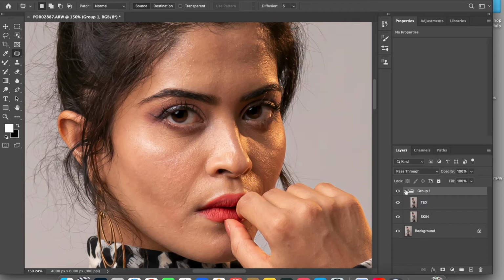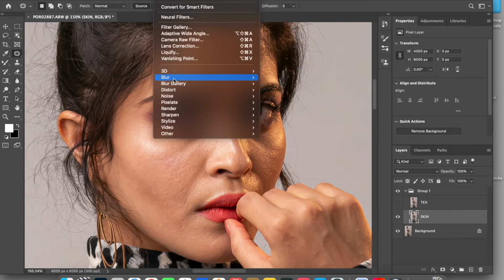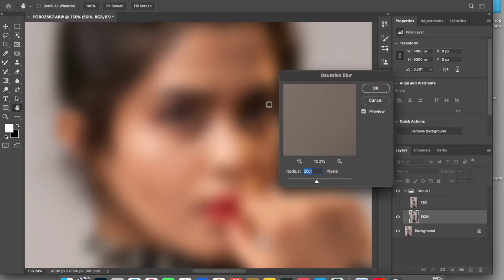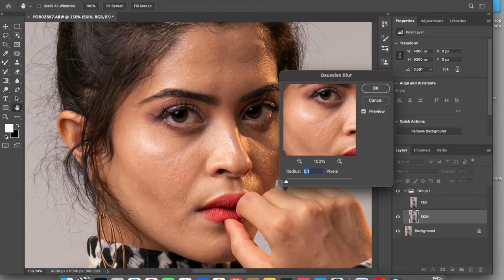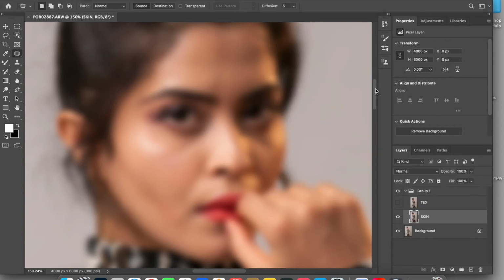Now once you are in skin, make sure that you disable the texture layer and go back to your filter and go to blur and Gaussian blur. Once in Gaussian blur, select the skin and take the slider all the way towards the left side and slightly try to increase until you start losing the texture. So I feel around 12 I'm not able to see any texture. But this can change from image to image. It doesn't have to always be the same, because every image will have a different texture. Pictures can be higher pixelated, or can be lower.